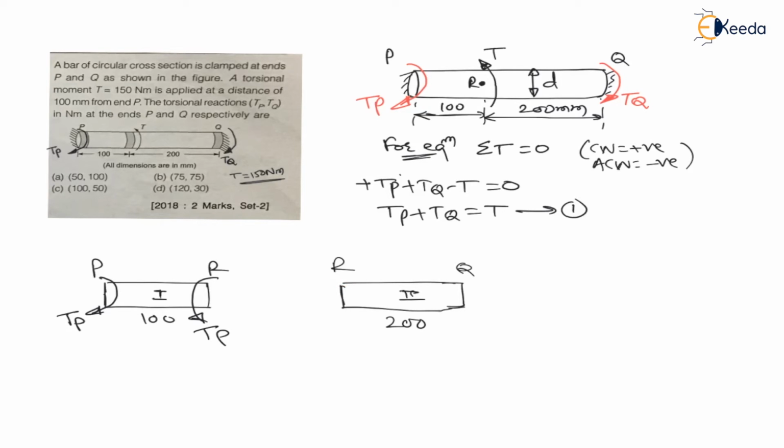Now, at R, look at the diagram. What is the total torque? At R, total torque is anti-clockwise T. In the actual diagram, at R, total torque is anti-clockwise T. Therefore, torque at R must be anti-clockwise T. And already in the PQ element, I have applied TP in anti-clockwise direction. Can you imagine here? At R, I have already applied TP in anti-clockwise direction.